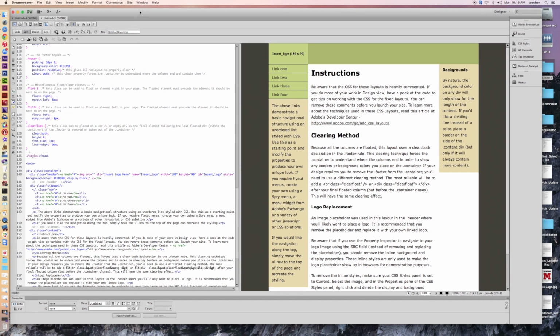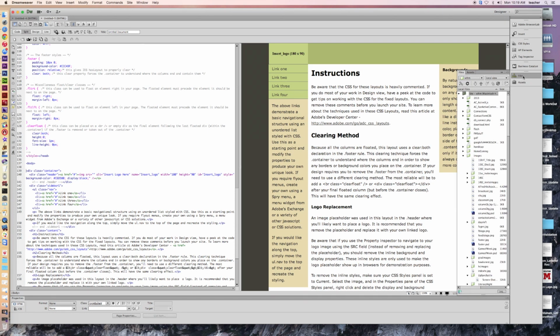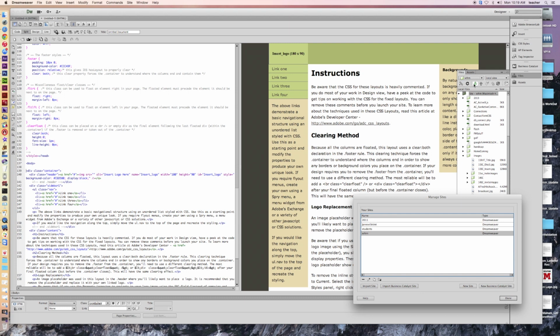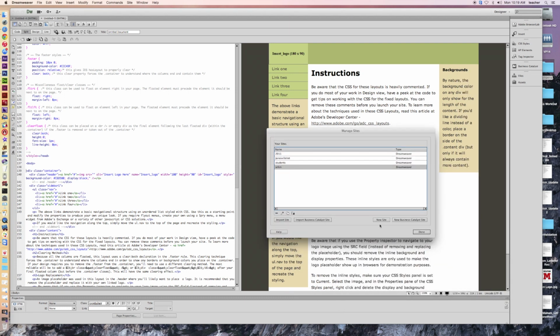Now, we've got to go ahead and start getting a few things set up so that we can work on this site and so that everything saves into the same area. So over on the right-hand side, I'm going to click on My Files. Now in here, it's going to give me either a list of things or a list of nothing because you haven't put any in. This is all of my current files for the Red Hawk Media site. Okay? I'm going to go over to Manage Sites. And I'm going to create a new site. So our new site,